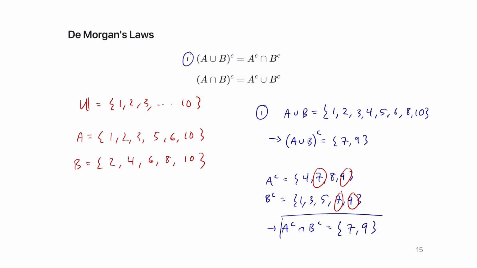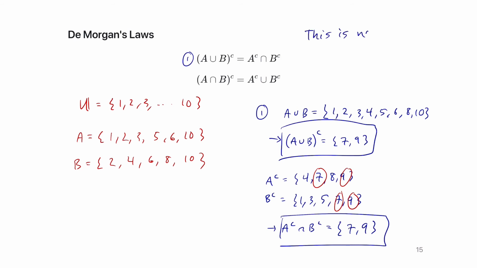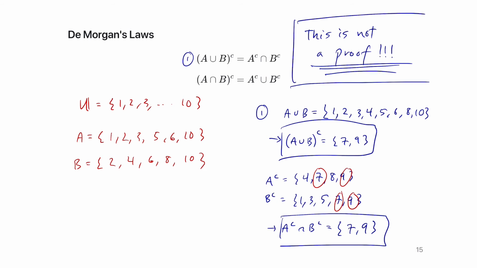And we see that these two things happen to be equal. Is that clear? And so something I want to emphasize, this is not a proof. Might even box that. Okay, that's not a proof. All we did was just come up with one example and show that it happens to be true. Right? Maybe there's something mysterious, like magical about the numbers 1 to 10 that made this work. Okay, we don't know for sure.